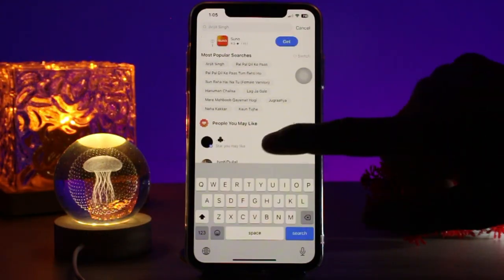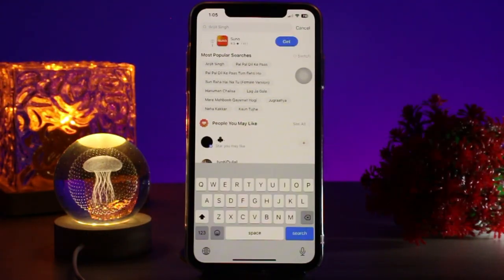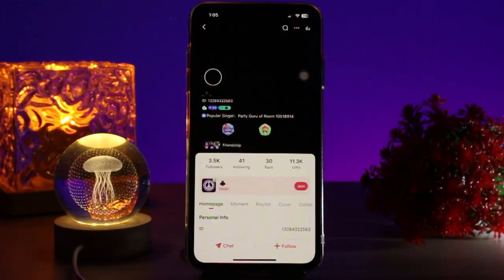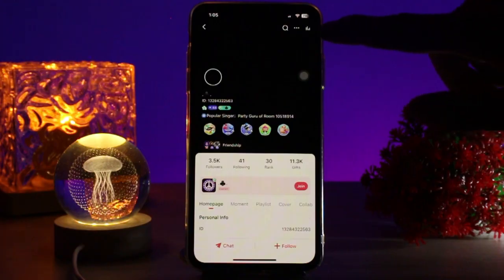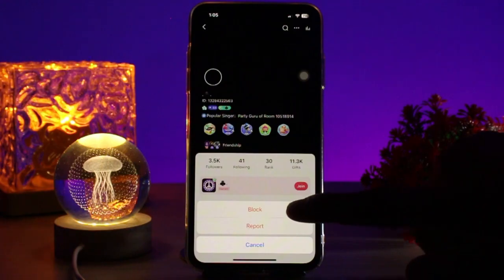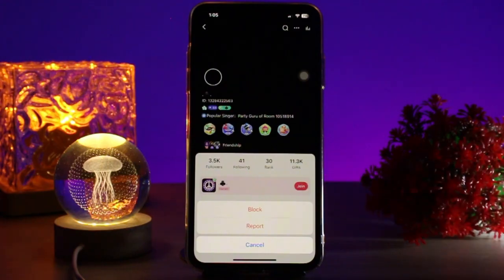Then once you are here, simply enter the username of the person that you want to block. And then once you are inside the profile of the person that you want to block, you'll be seeing a three-dot icon on the top right corner of the screen. And then on tapping it, you'll find an option that says block right here. Simply tap on block and the selected person will be blocked, which prevents them from following you, sending messages or